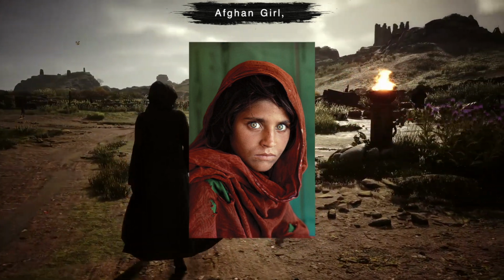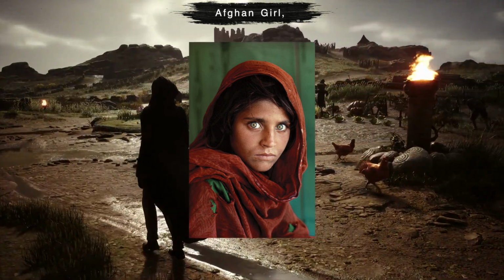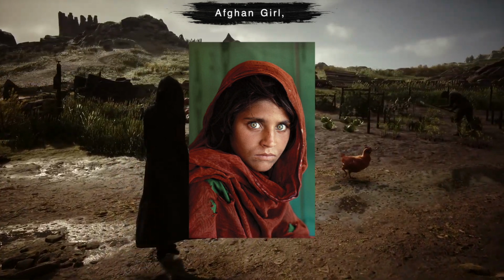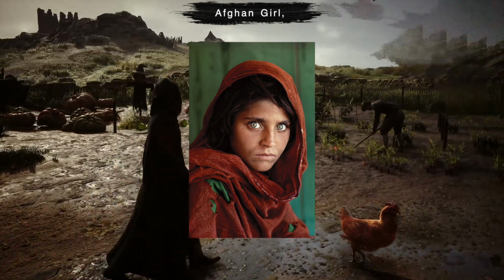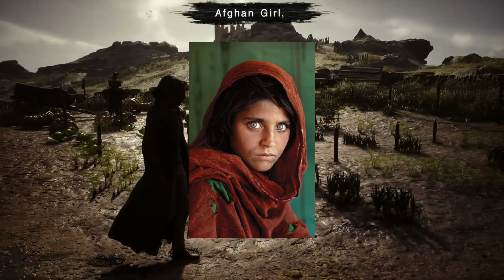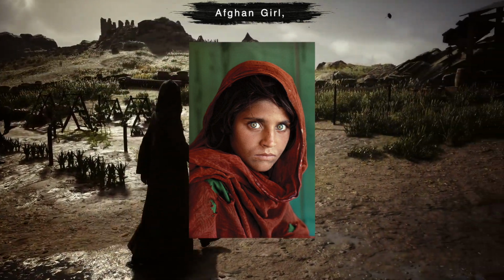The portrait has been described as the first world's third world Mona Lisa, referencing Leonardo da Vinci's 16th century painting. Gula's image became emblematic in some social circles as the archetypal refugee girl, deserving of Western compassion and a symbol of Afghanistan to the West. This critique highlights how the photo has been perceived as both a powerful representation of human struggle and a simplification